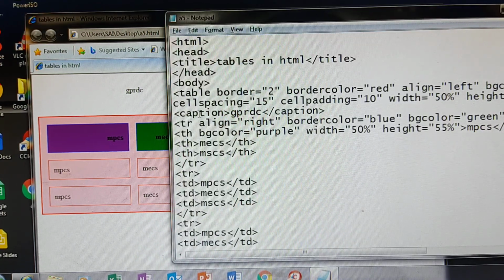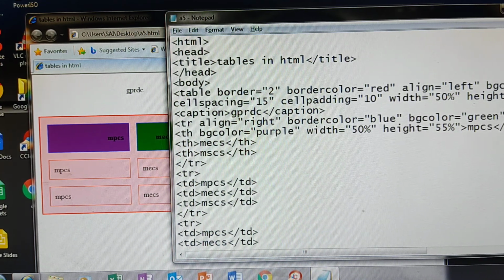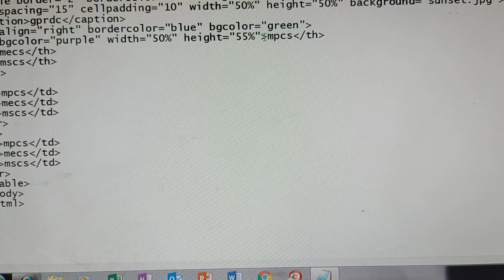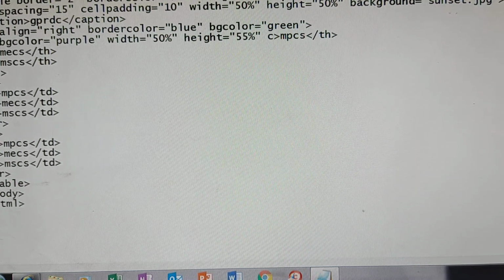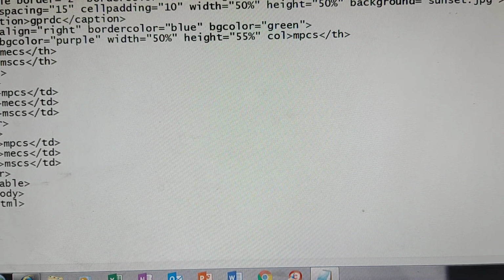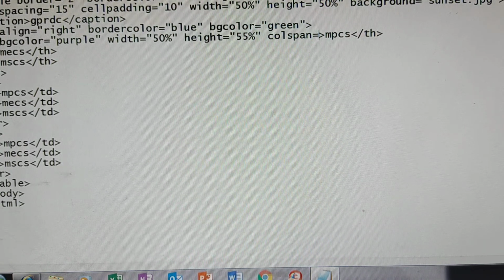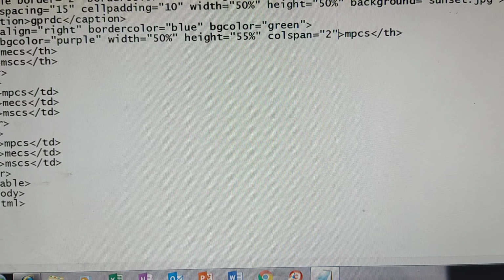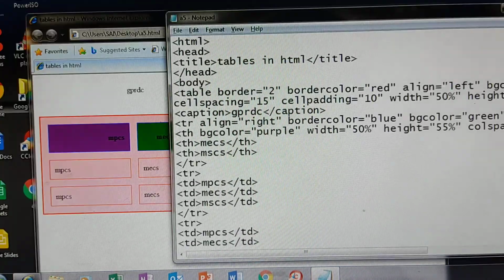Now whatever attributes I have included for a TD, all those attributes I have given in a TH also. Here only one attribute I have not added, that is colspan. Colspan equals to, and we'll see what you will get.